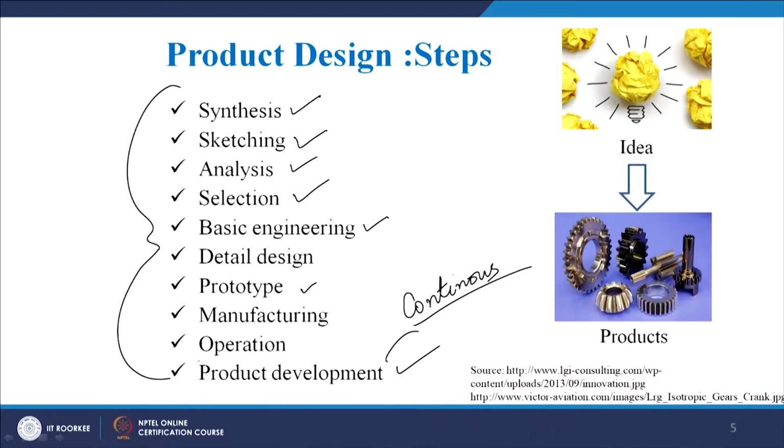So many of the steps may not be relevant, but if you are trying to develop a tangible product, for example this stylus or a pen, obviously all these steps may come into picture. If you are trying to develop an advanced version of the camera that is recording this session, definitely most of the steps involved here will come into picture. So these are the basic steps, we are just revising, we are not going into the details of each of these steps. Just to revise, these are the steps involved in any product development process.